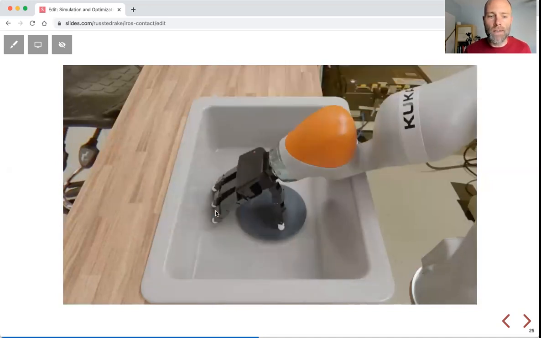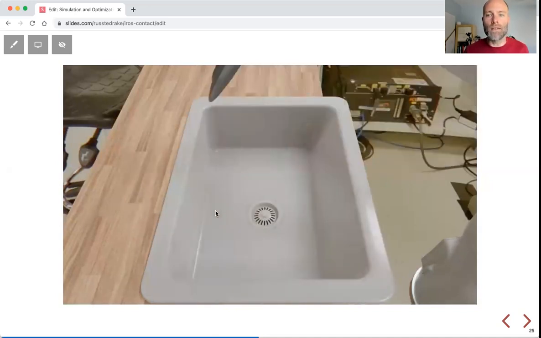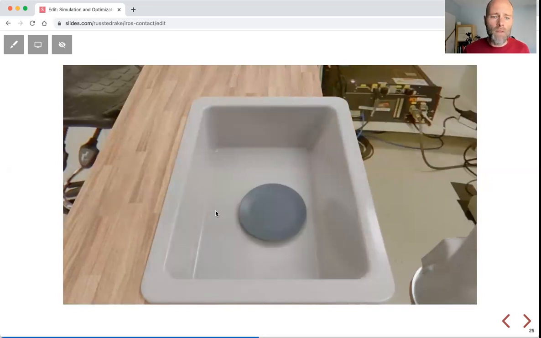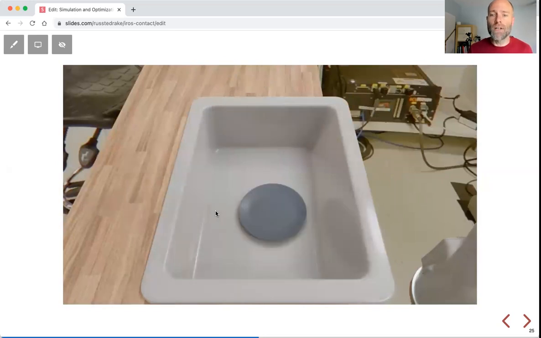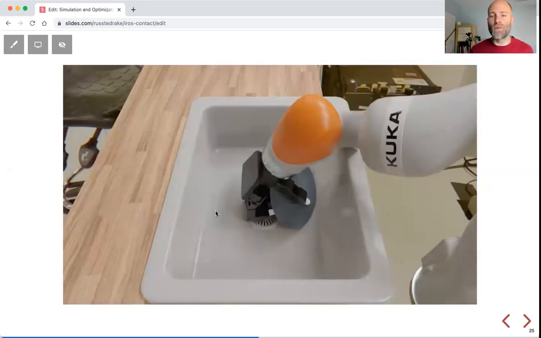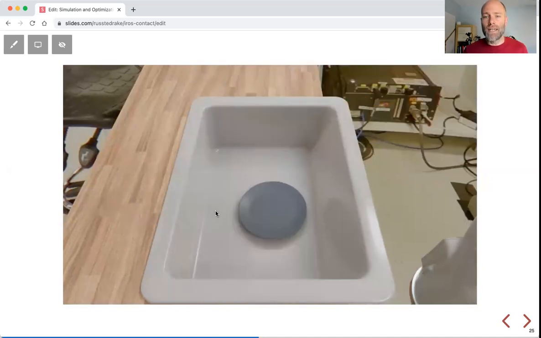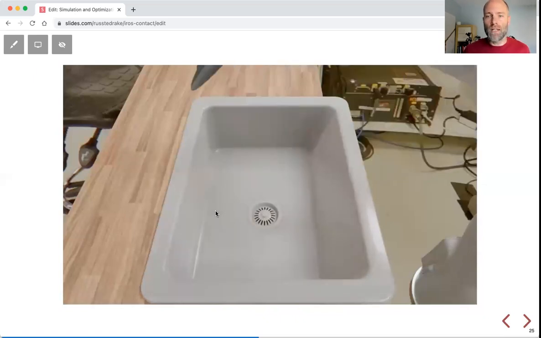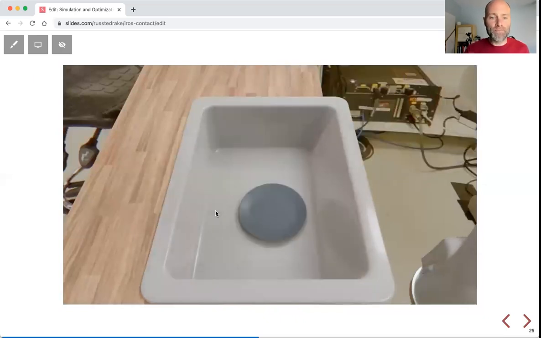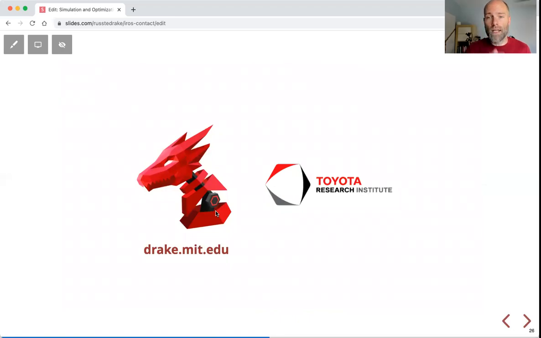But compared to the point contact of a heel striking the half plane ground, now I've got a hugely complicated set of collision geometries that are interacting in very subtle ways with the plate, which is interacting in very subtle ways with the sink. And to get all that right and have it be numerically stable and good, and hopefully give good gradients, that's a big ask. So Drake is the website. I'll tell you a little bit more about the contact engine that's hiding inside there, and I think it's first class.